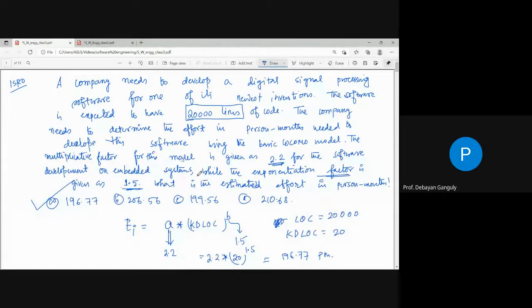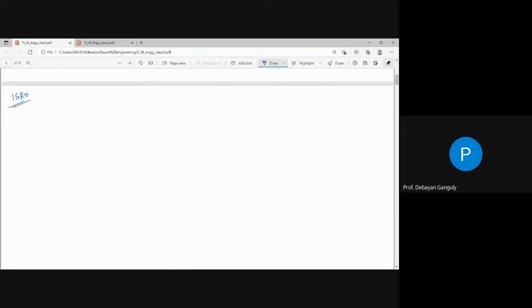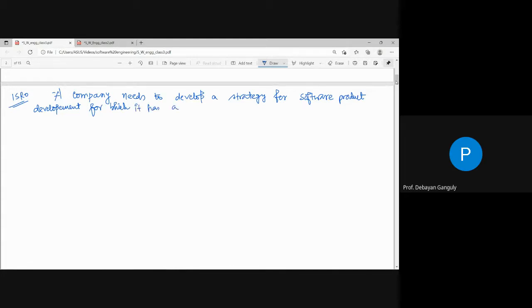Yes, sir. Okay. Now the second question that has already been sent by Sandeep, the question is like that, which is also given in ISRO. The question that is given is: a company needs to develop a strategy for software product development, for which it has a choice of two programming languages,